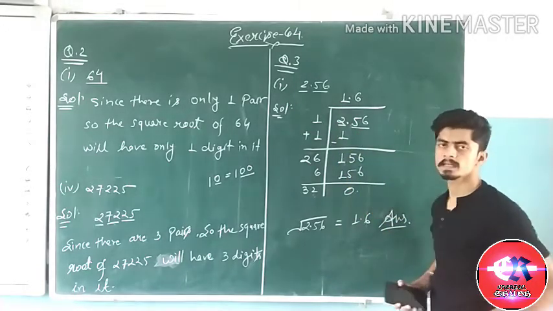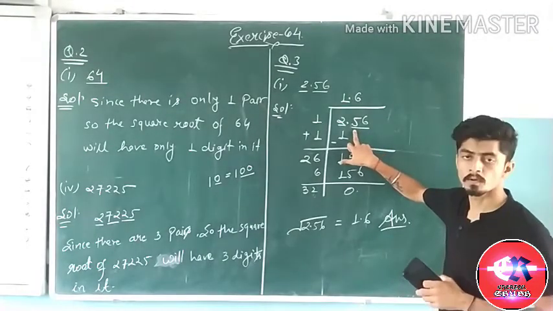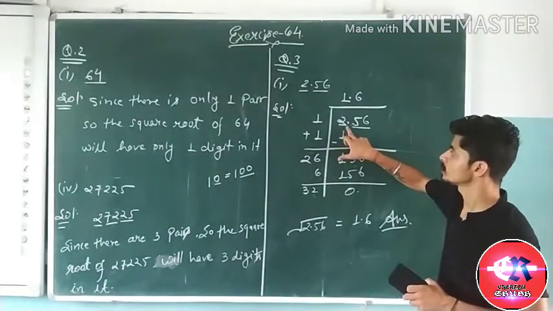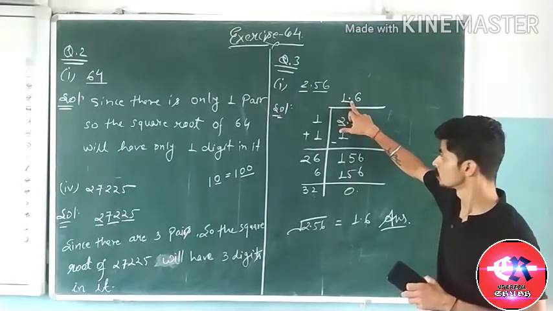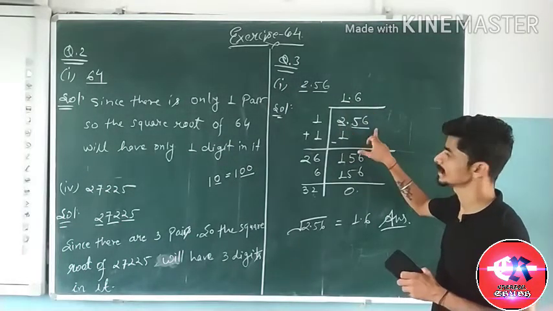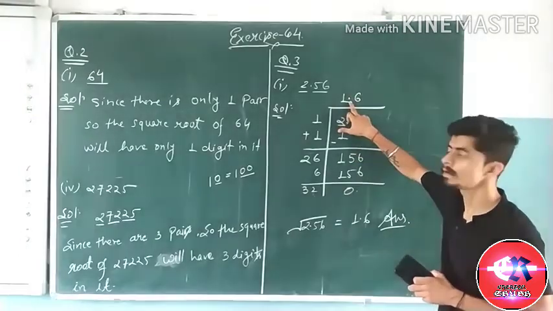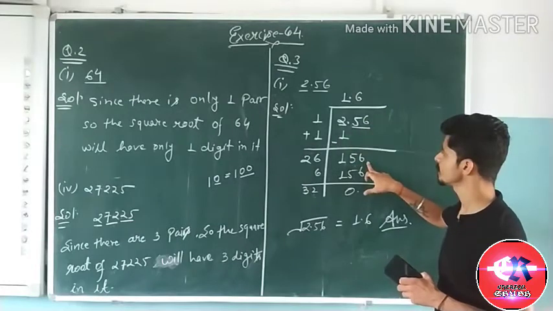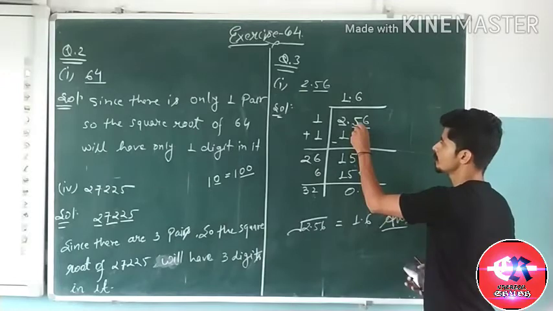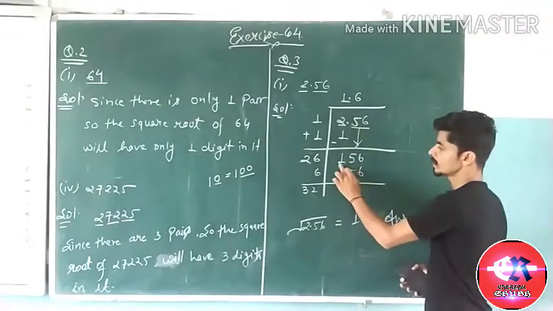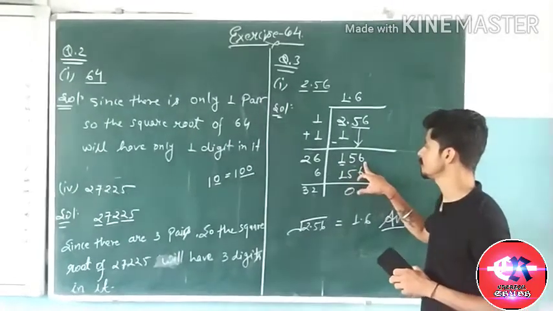Now we have to move to the second pair. Here you have to focus and pay more attention. If we are crossing the decimal, then we have to put the decimal in our quotient. If we are crossing the decimal and taking the number after the decimal, we have to put the decimal in our quotient. So we are taking 56, which is after the decimal, so we have to put the decimal here. Now 56 comes down because 1 is less than 2, so it will not divide. So now it becomes 156.